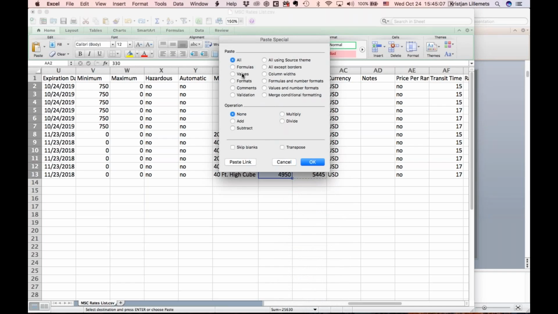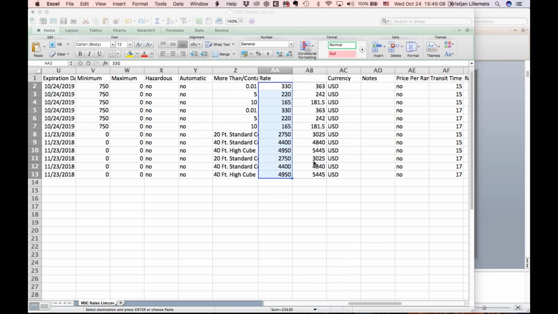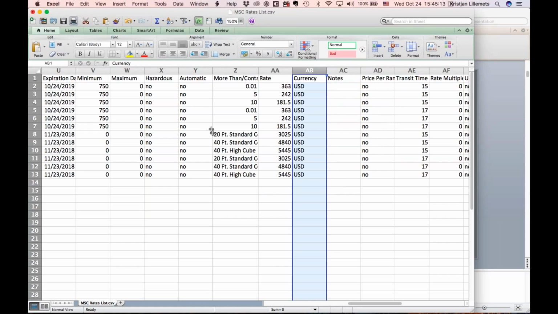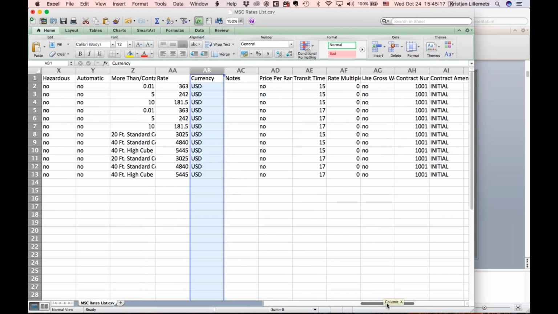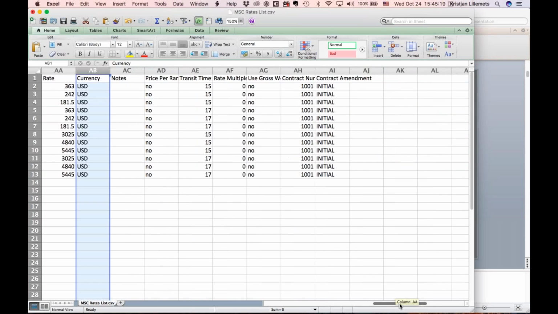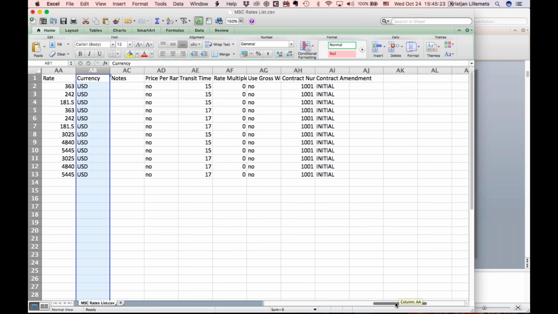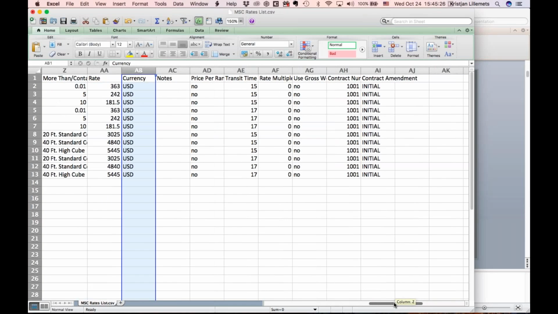Okay, and here we go. All right, so I've raised all these rates 10%. And by the way, I don't have to export all these columns, but I wanted to have the full file. This is up to you. Most of the columns actually aren't mandatory when importing either.